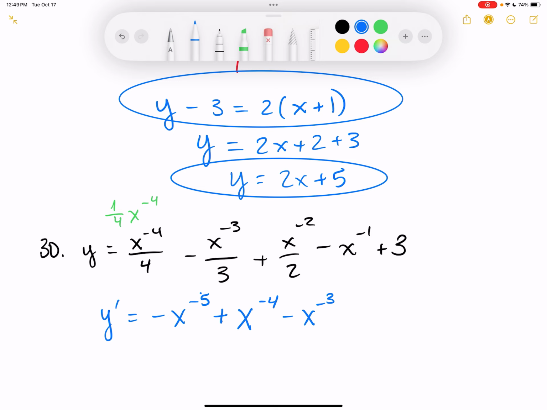And then the last variable, I guess, gives negative x to the negative 1 plus x to the negative 2. And the derivative of 3 is 0, so I don't need to do anything with it. So this is,